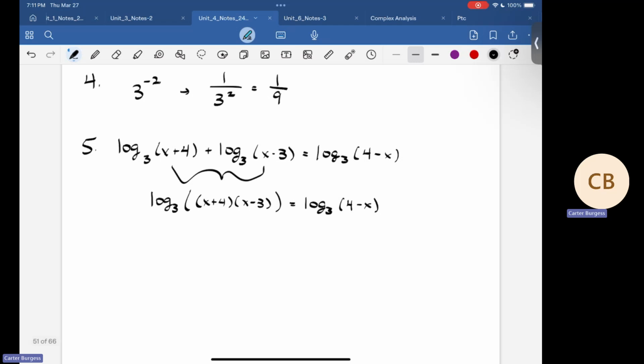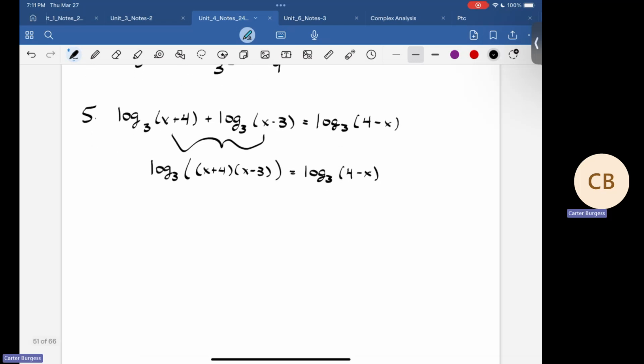And using my one-to-one property, dropping our logarithms. Remember, we're using a one-to-one property. We're not dividing by log base 3 or anything like that. And I'm also going to Punnett square out those two. I get x squared plus x minus 12 is equal to 4 minus x. Solving this as a quadratic, I'm going to move everything to one side, make sure I have 0 on the other. I get that x squared plus 2x minus 16